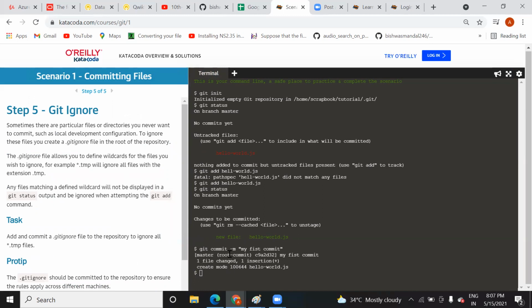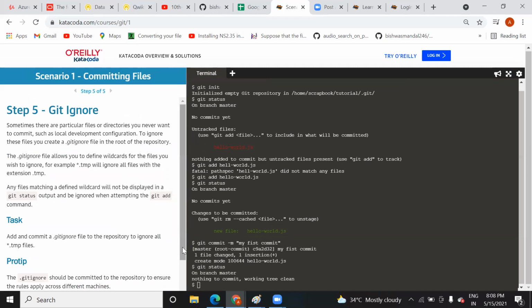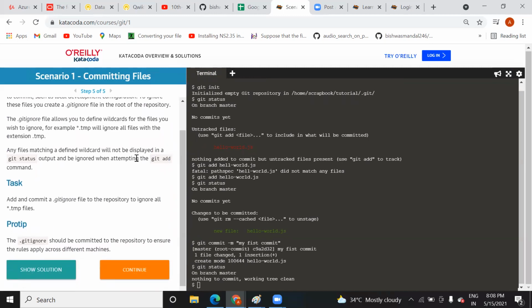Now what? Okay, let me check the git status first here. On branch manager, nothing to commit, working tree clean, which means that you have already committed and now nothing is left to commit. Now here, with this git ignore command, what are you going to do? With this git ignore,